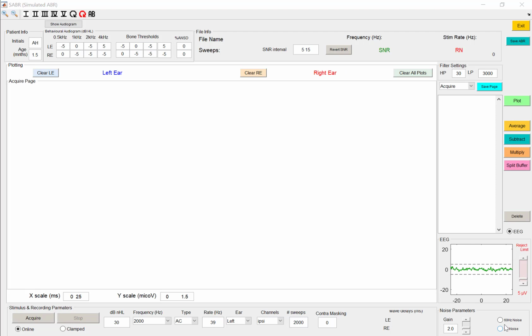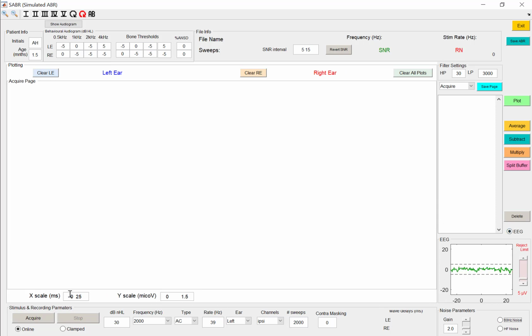For demonstration purposes and for learning purposes, we can include our 60 Hertz line noise. Now you can see that there's a 60 Hertz oscillation going on here. We can also add a high frequency noise, which sometimes occurs for electrode popping or when the impedance isn't set properly. And you can include both if you like. For our purposes, we're going to turn those two off and look at some of the other features we have